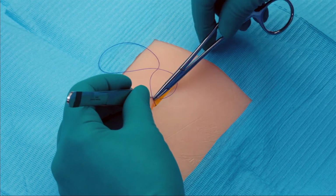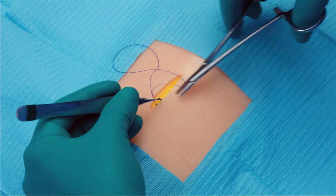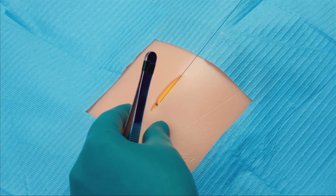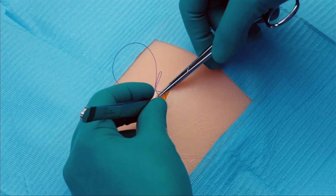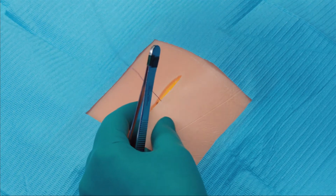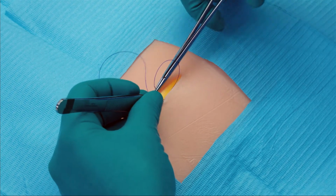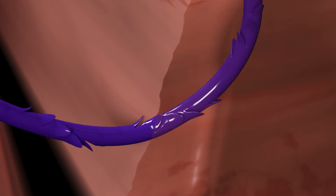Then we take at least 2 loose bites of the tissue to be approximated in a simple, continuous fashion. Now, the device can be grasped and the tissue can be approximated to the desired tension. This helps anchor the Quill device and ensures even distribution of tension. The barbs on the Quill device retract flush with the suture during deployment and then anchor into the tissue for